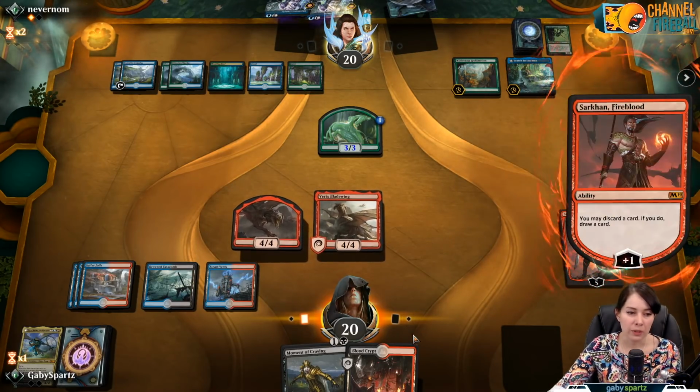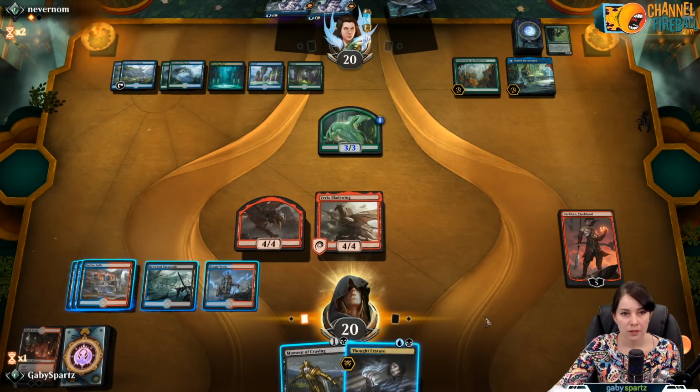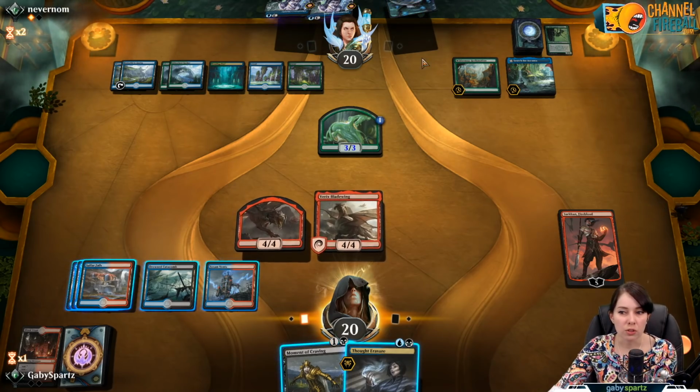I think I still bin this Blood Crypt even with just one black source. What madness! I think we're supposed to try to kill them. They have one unknown, so...